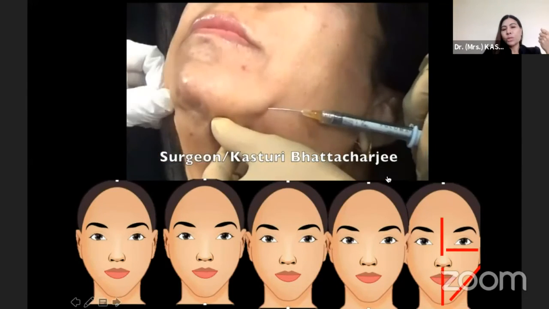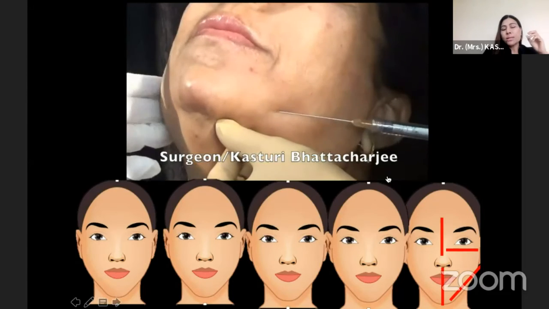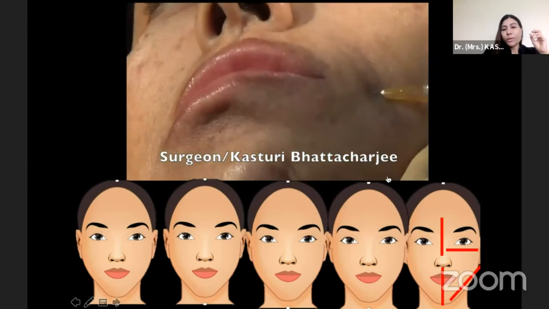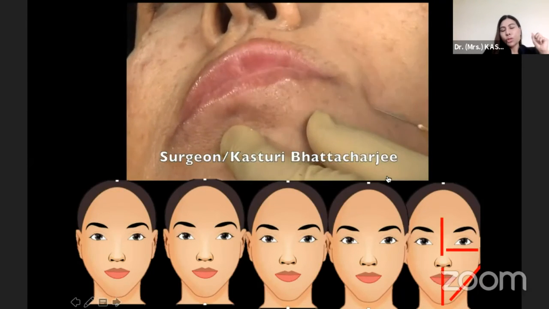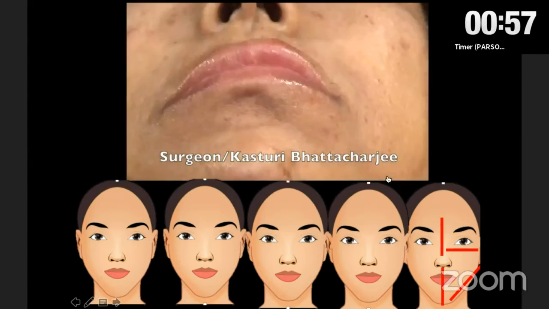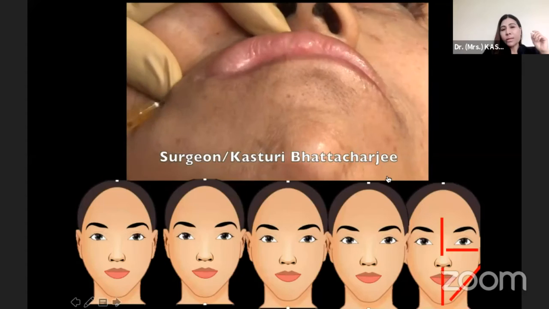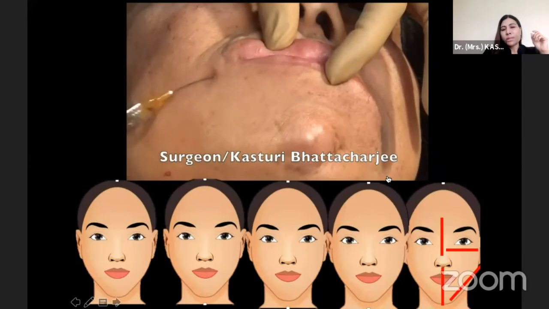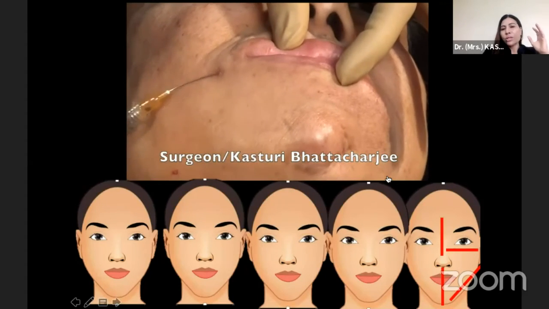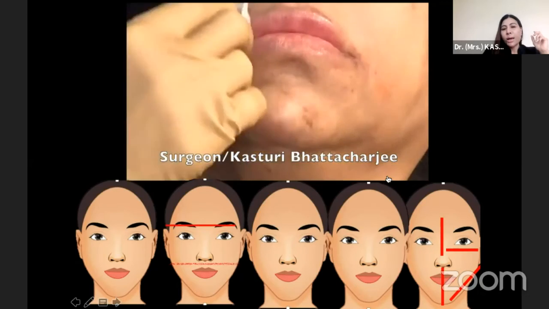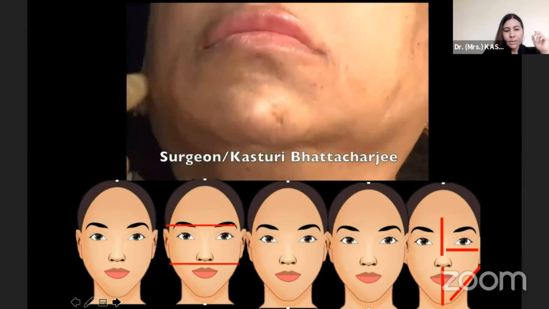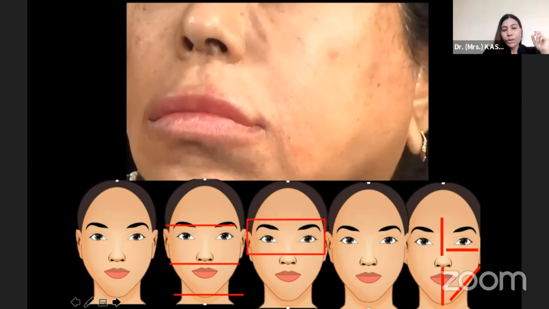And once both the jowls are being treated, this is the region where, to prevent the reverse myomodulation, we usually go for this. I'll just finish it within, I think, 1 minute. And then, as you can see here, this is how we do the lips. The advantage is good tissue penetration. And these are some of the examples that I will be showing you.